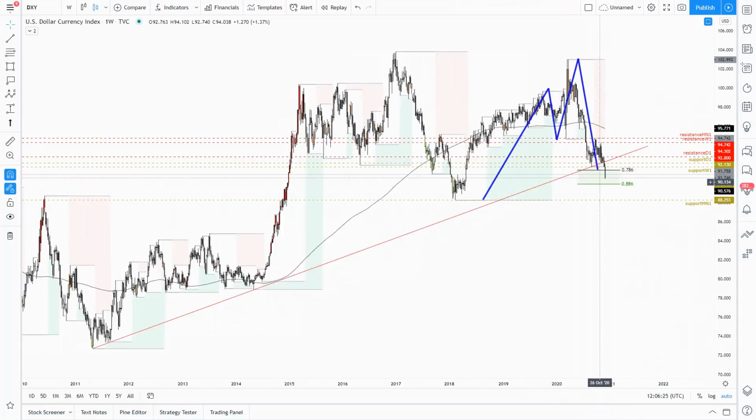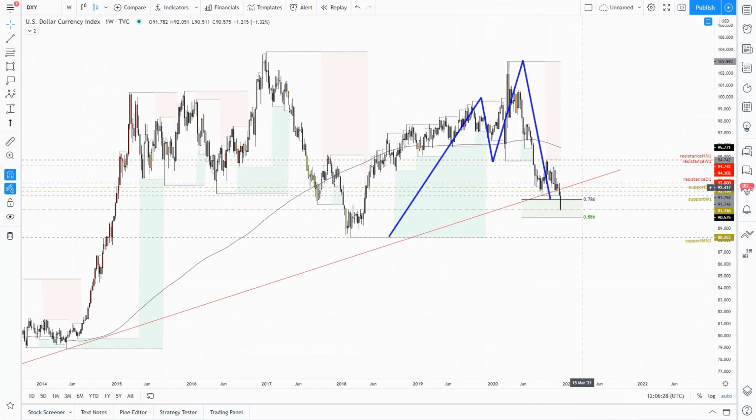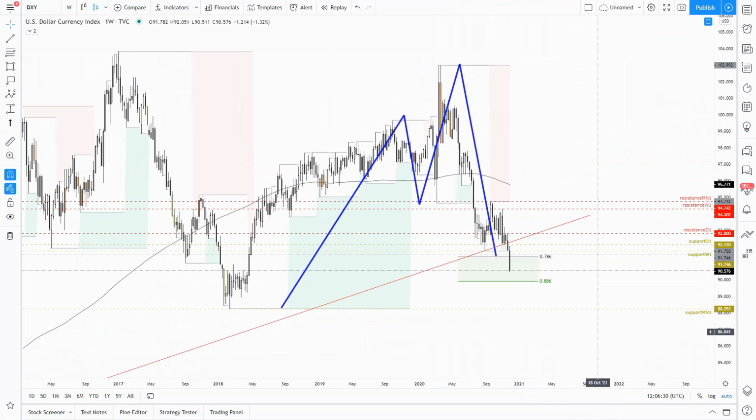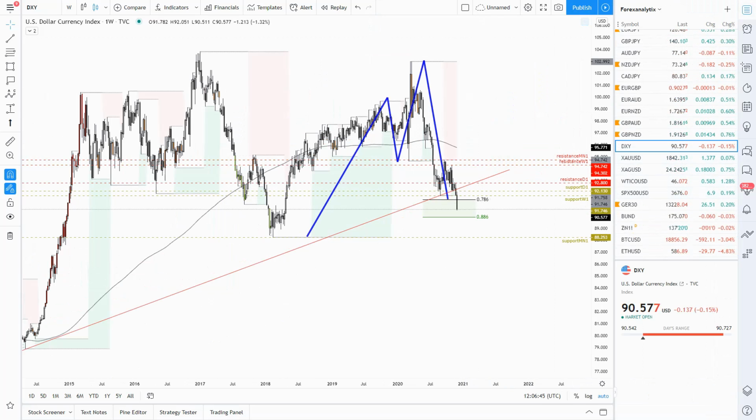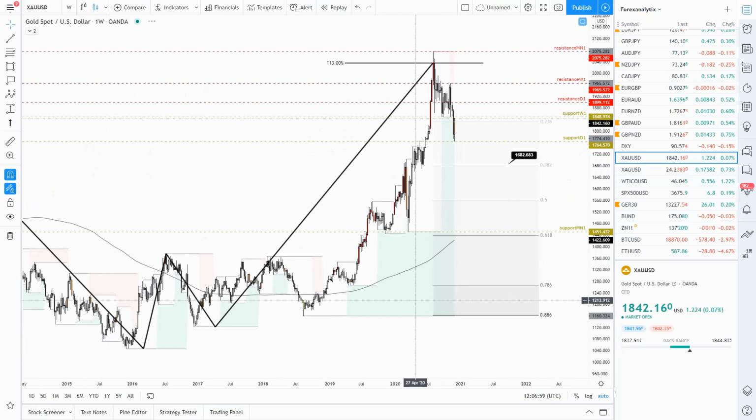and using that cipher pattern as a trigger, let's say, or as a motive, if you wish, a motive to trigger, or a motive to get involved on that right shoulder formation. Let's see if that will happen. I have a video. Actually, I believe I started my previous video from yesterday talking about this DXY and all those potential events.